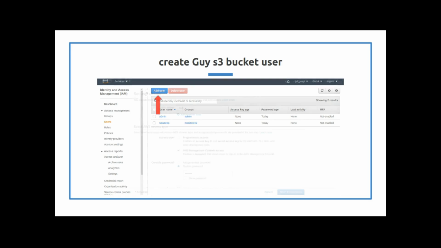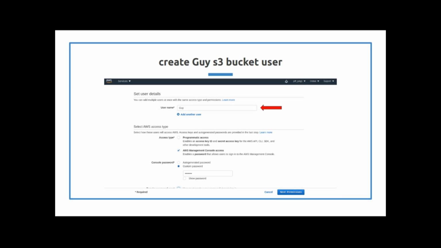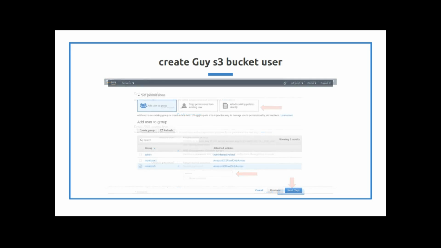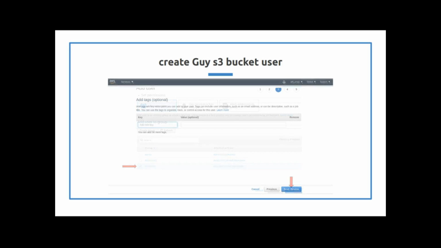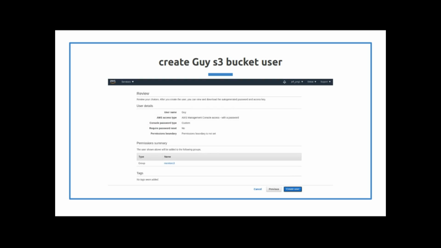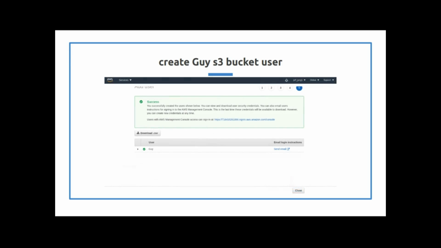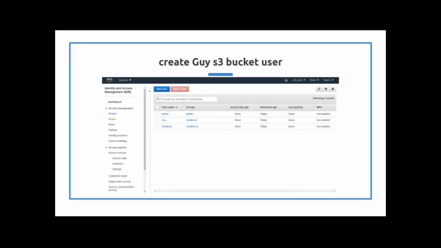You click on add user, put in Guy's name, put in Guy's password, and then click next for the permissions, and then attach Guy to the monitor S3 group, and then hit next, and then skip this and hit next, and just go over all the information, make sure it looks good, and then hit create user, and you'll get the success. Your user's been created. Hit close, and you can confirm that by seeing Guy in the user pool.